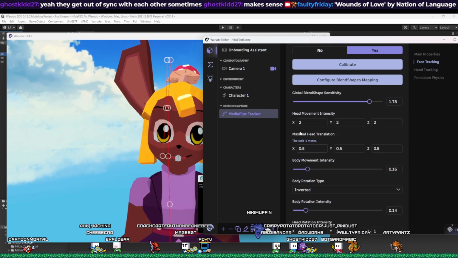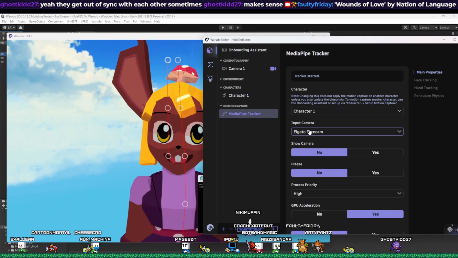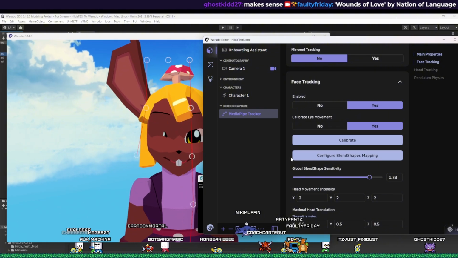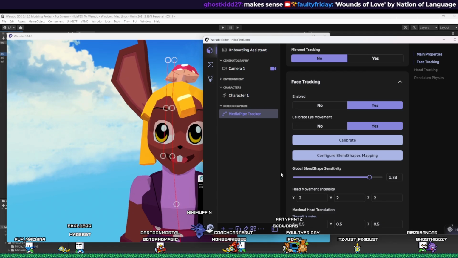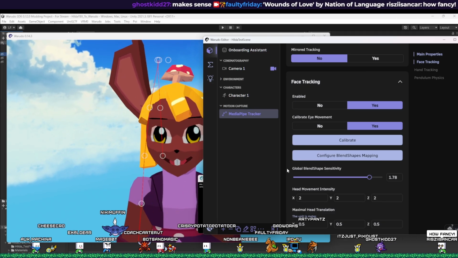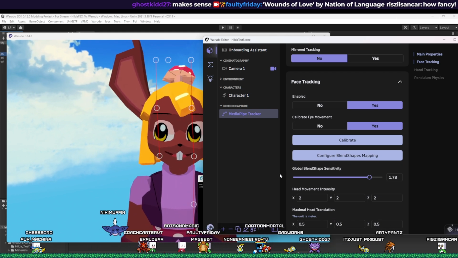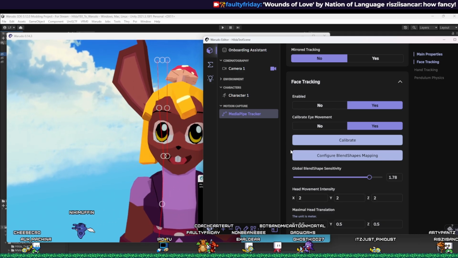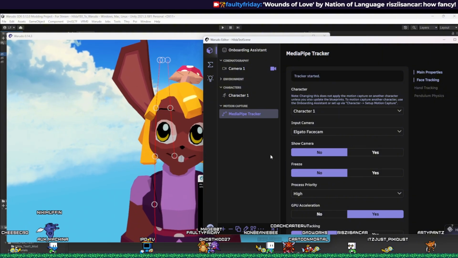Oh, hey, you can see MediaPipe is able to read my lowered eyebrow better than they're able to read some of the ARKit facial tracking. That's great. Whereas OpenSeeFace couldn't read that at all. And it can read some of the squints, though still I have to push the eye back a little bit. I would say if you're gonna use webcam tracking, it seems like the MediaPipe tracker is much better than